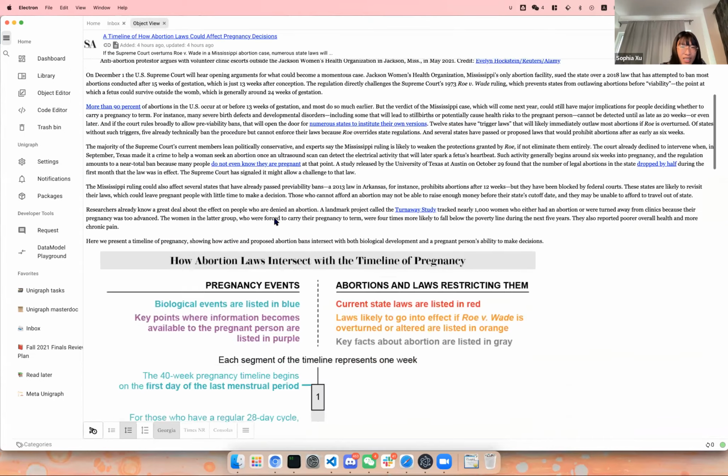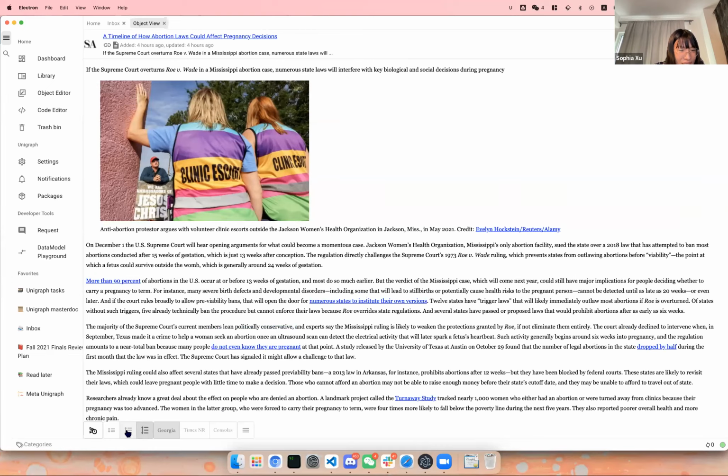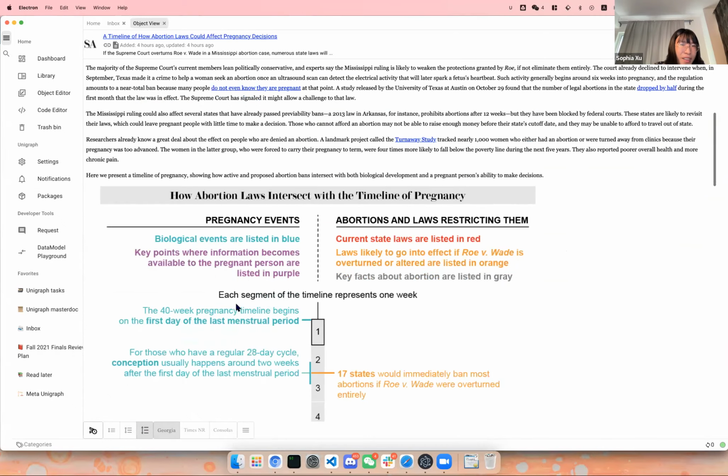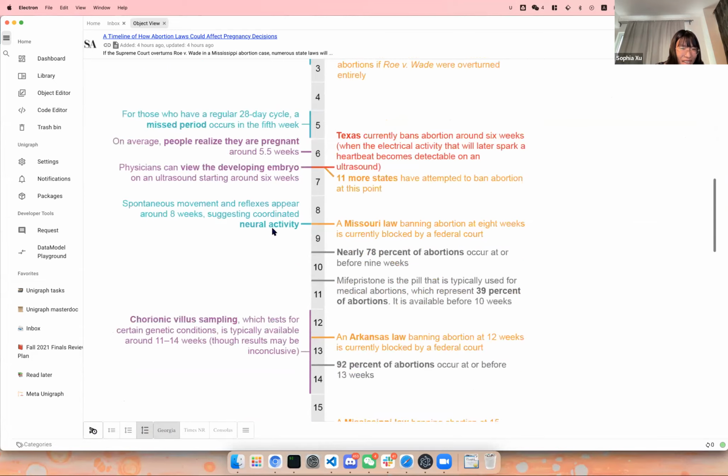So this is basically a full reader view for every article, no matter if you add it as a web bookmark or as an RSS feed. You can adjust the font size and things like that. And also this is where I show the read later view. So not read later, but incremental reading.